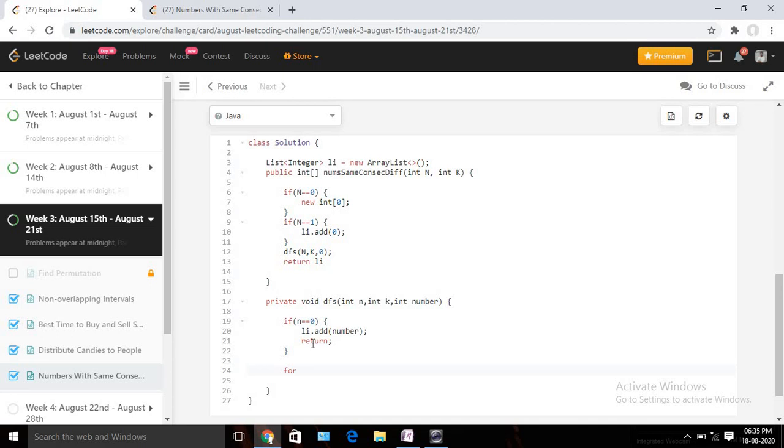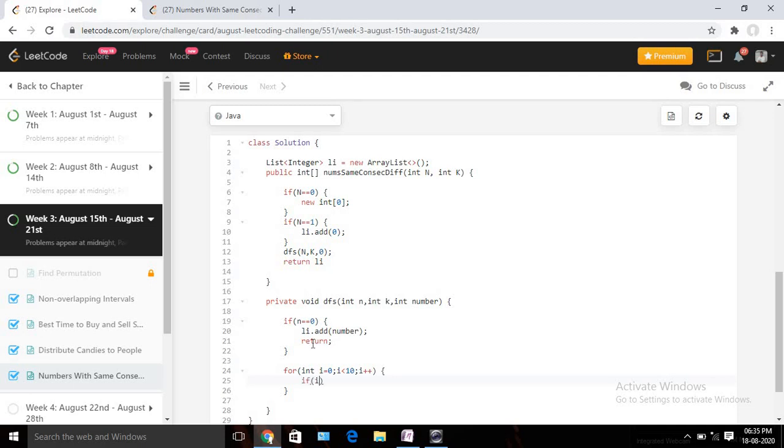So suppose for the first time when my n is 3, how can we do that? We are going to take another for loop. Since we need to consider from 0 and iterate while i is less than 10, basically up to 9 only, and i plus plus. Now we need to consider that whatever number we are trying to form should not have any leading 0, so we need to avoid that scenario. Let's write code for the same.